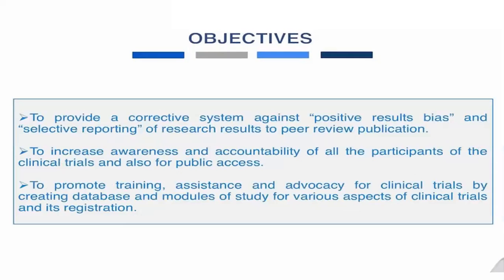The next objective is to provide a corrective system against positive result bias and selective reporting of research results to peer review publication. The data, the information, the scientific research which is carried out, should be made publicly available through the process of publication. Next objective is to increase awareness and accountability of all the participants of the clinical trials and also for public access, right? So everything should be made accountable, and the awareness should be made available to the